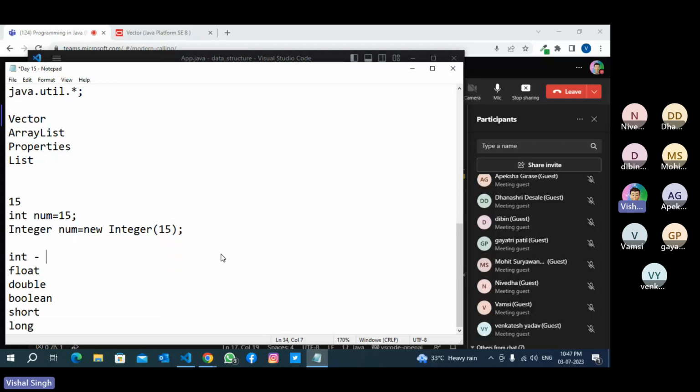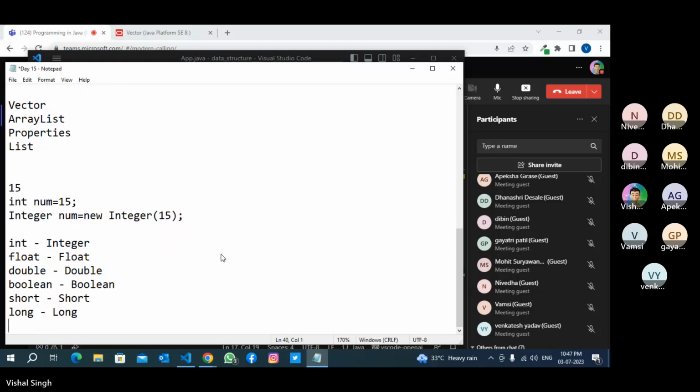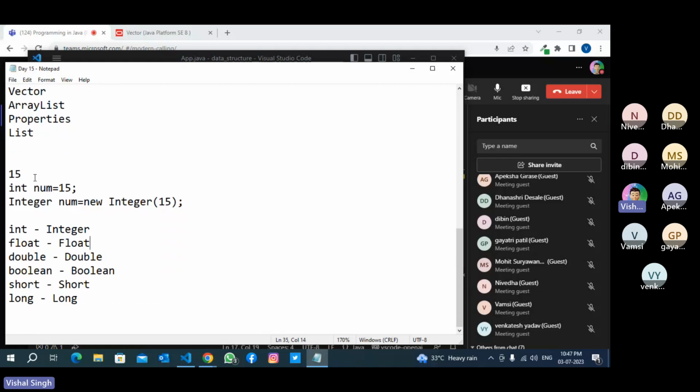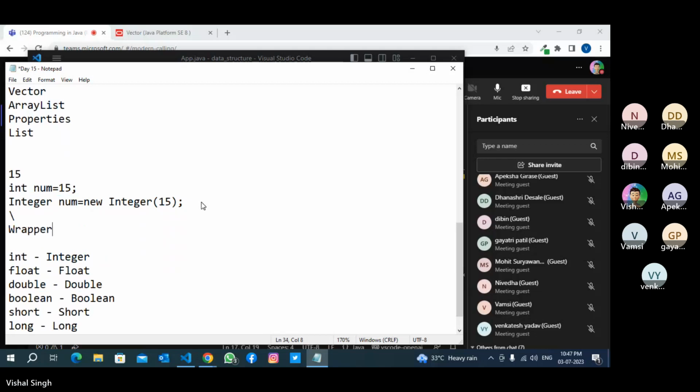For int, Java has Integer, I is capital. Always remember this. If someone asks you that I want to store 15 as an object, what do we have to do? We have to use the wrapper classes, like predefined classes, data type classes. For every specific primitive data type, Java has its wrapper class. These are called wrapper classes. Okay.